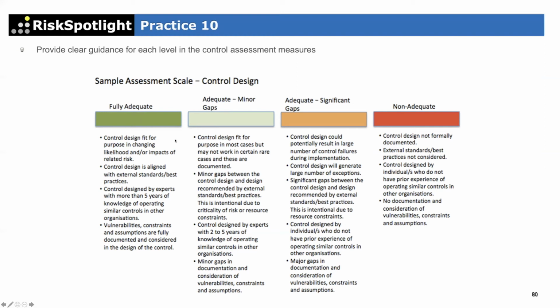So you're giving a very clear guideline, because otherwise, if you don't give a clear guideline, of course they're going to try and do whatever is best for them, and whatever can keep the second line away and keep them away from the risk committee. They will just go with that approach rather than trying to give a correct picture as part of the control assessment.